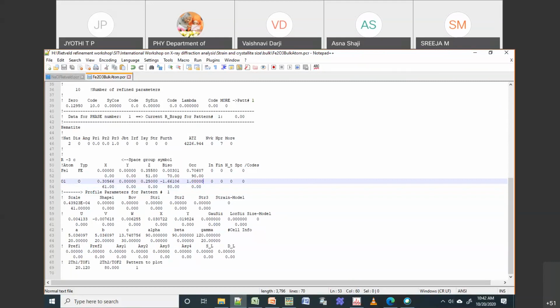But if you want to do more precise work, then you should go for neutron diffraction. Oxygen is more sensitive to neutron radiation, and then you can get better information for occupancy and all those things.